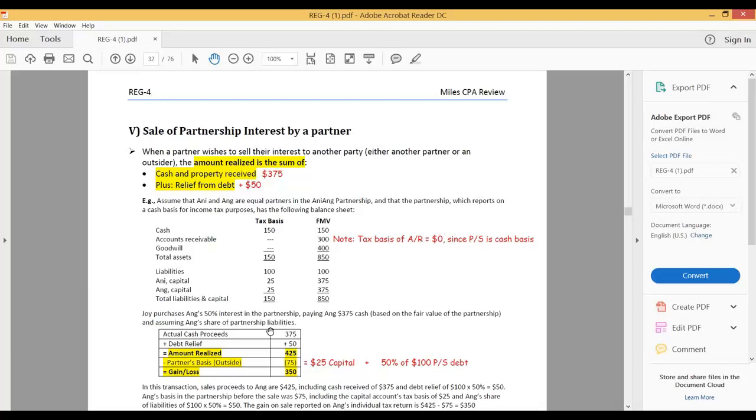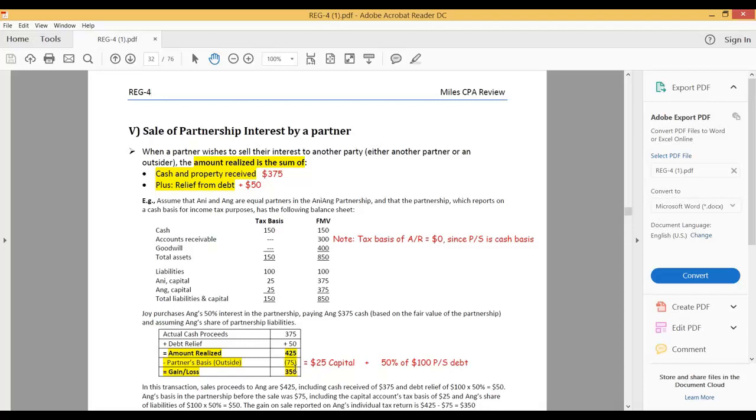So now, what is it that Ang is realizing? She's getting a cash of $375, and Joy is assuming her share of liability. What is her share of liability? $50. So you can see this was Annie and Ang's equal partnership, right? So the liabilities on the books were $100. So she gets 50% of that, 50. So total amount realized is $425